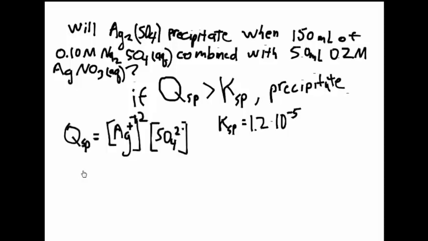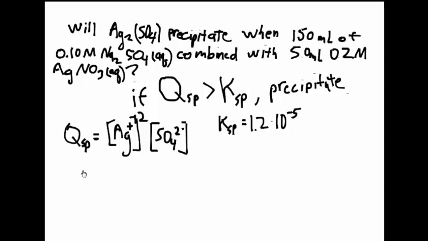Now our Q, it's a lot like the reaction quotient. The expression is the same as the equilibrium constant, or in this case the solubility product constant, but the values we put in for concentration are the ones that are actually existing in the solution at that instant. And it's actually going to take us a minute to figure out what those are, because